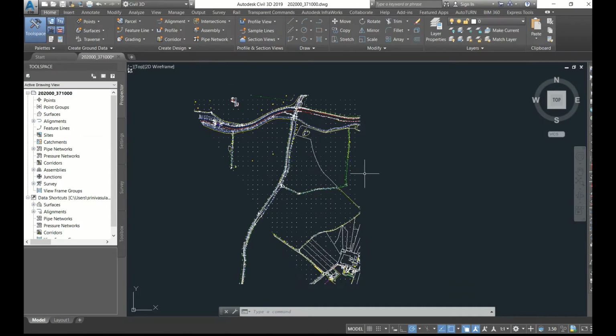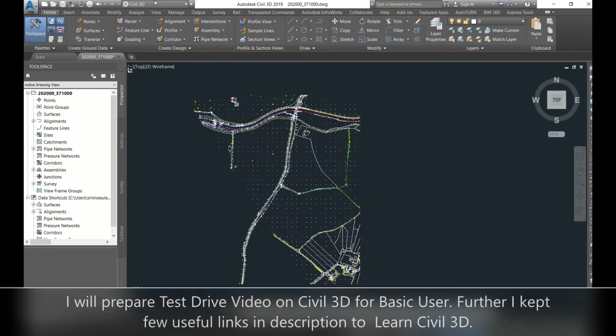Okay, let's start. For any software, not only Civil 3D, OpenRoads, STAAD Pro, or ETABS, anything related to civil engineering, we have to start by understanding the basic interface. That means understanding how things are available and where we will get the toolboxes. See here, this is Civil 3D. If I change it to drafting and annotation, it will move to AutoCAD. Then this is for 3D modeling, and this is for analysis. Now I kept Civil 3D.